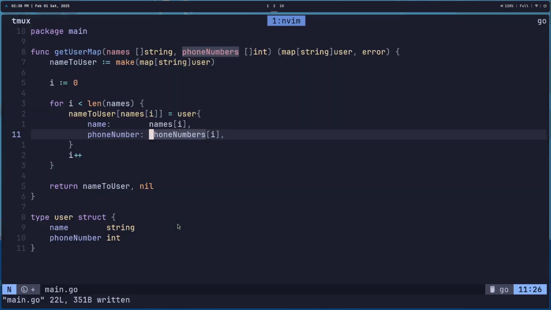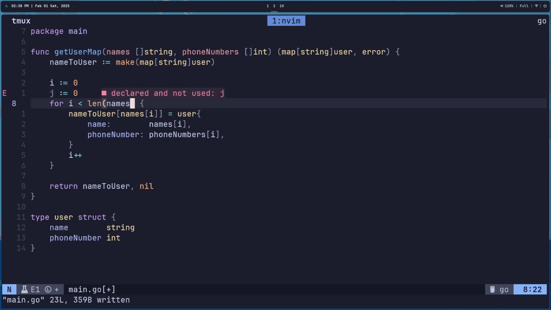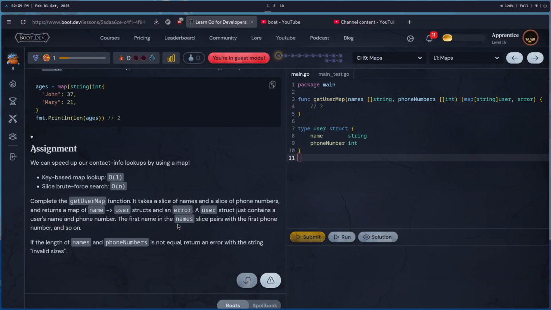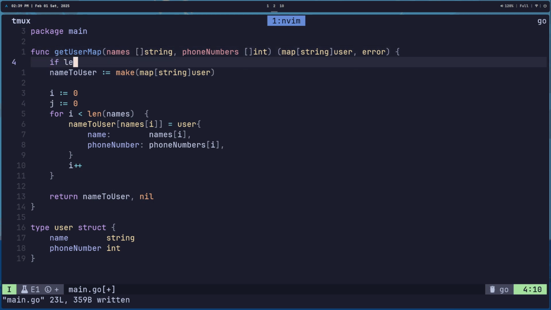Okay, they're not equal, so I can't trust I. Well, can I just do this? If length of